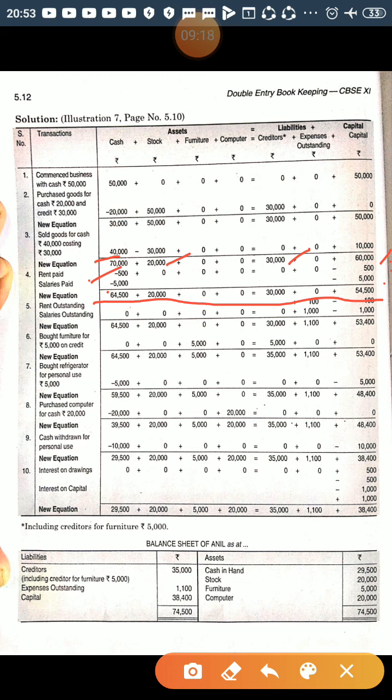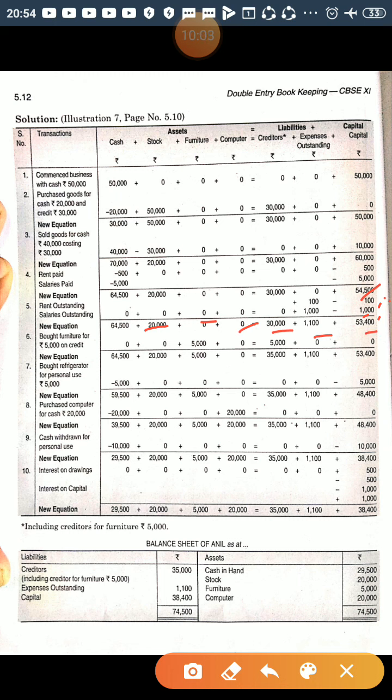Now next item is rent outstanding and salary outstanding. So outstanding will be added to the outstanding expenses, that is 100 and 1,000, and as an expense it will be deducted from the capital, minus 100 and minus 1,000, right? Now new equation is cash is 64,500, stock is 20,000, furniture 0, computer 0, creditors 30,000, outstanding expenses 1,100,